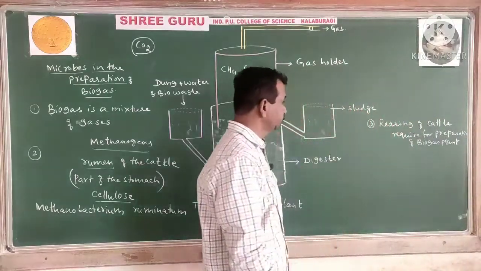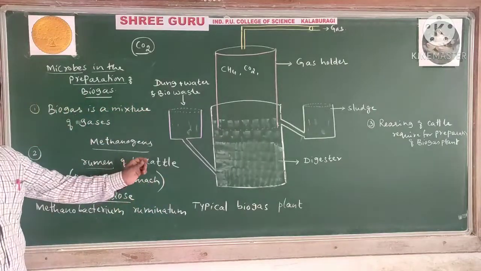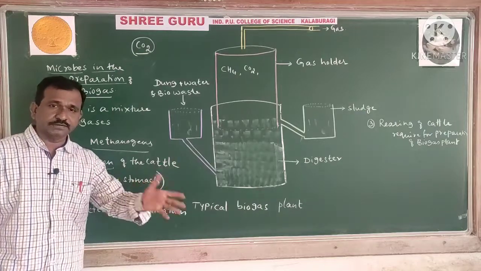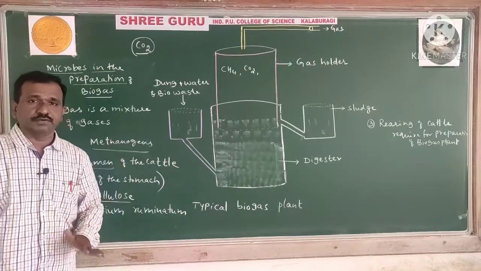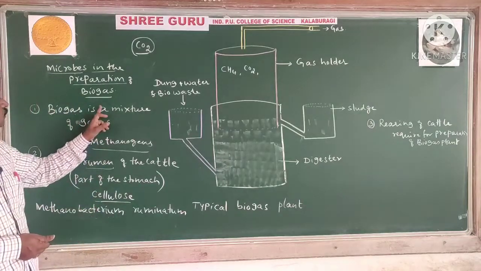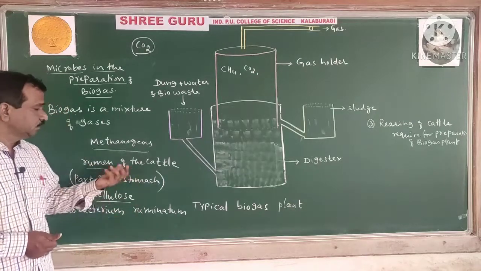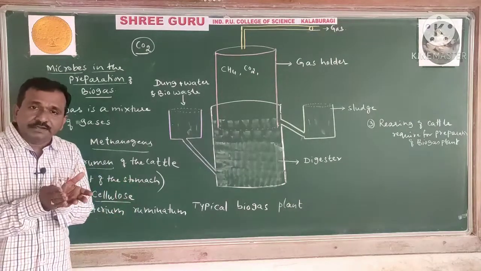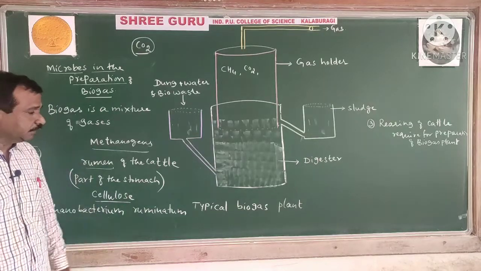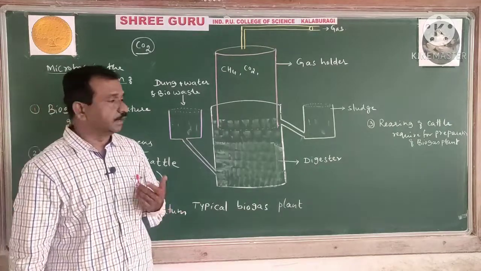Biogas plant. So what we are going to observe is that Methanobacterium is present. We have studied that Methanobacterium is responsible for cellulose digestion. As a byproduct, after digestion, you can observe that the cattle are releasing waste product, or excreting the waste product. This excreta of the cattle is called gobar, or we can even call it dung.